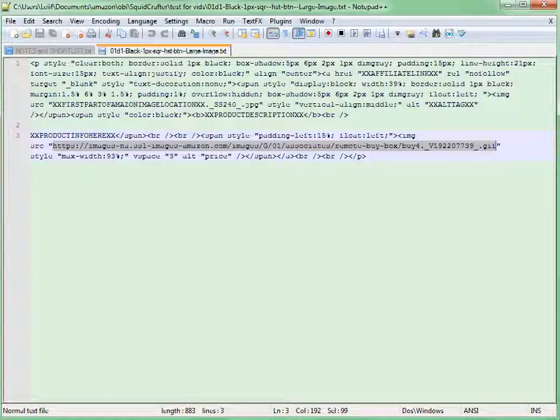This is Notepad++, and I recommend you get Notepad++. It is by SourceForge, and it's a good program. I run it for two reasons. The mass replace, I can open up 100 files, replace one thing in all of them, and then close them all, and it's all done. And the other thing is the fact that it